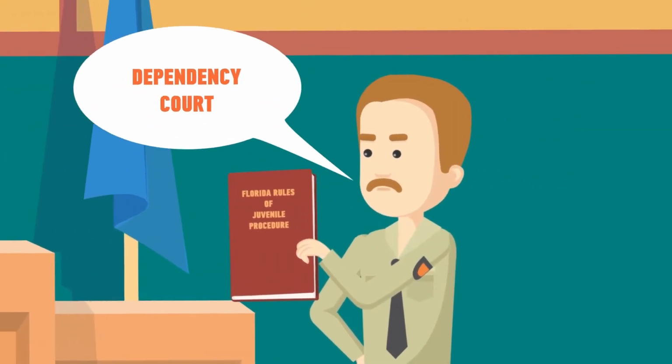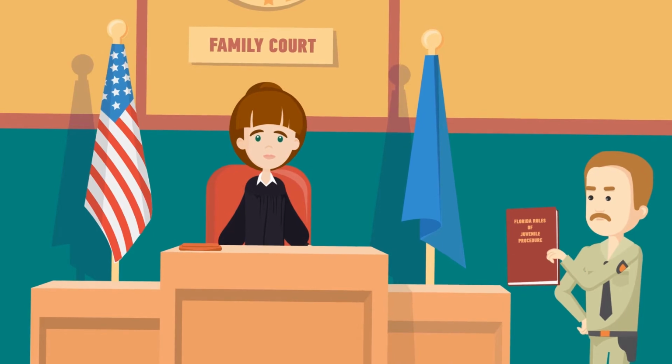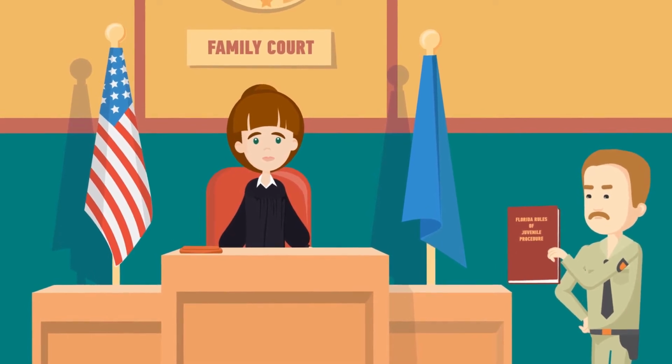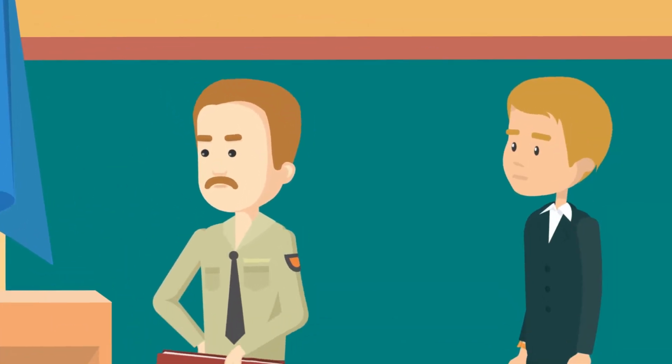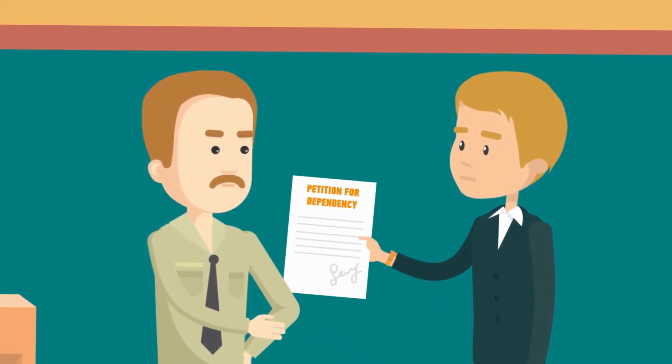But in Florida, it really is just a type of case brought under the Florida rules of juvenile procedure and generally handled by the Family Court Division of your local courthouse. A dependency case starts when a child is taken from parents and the state files what's known as a petition